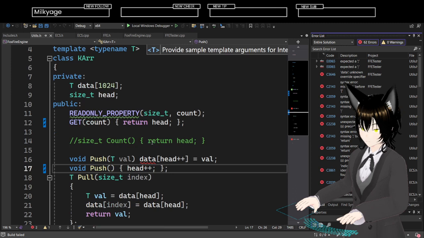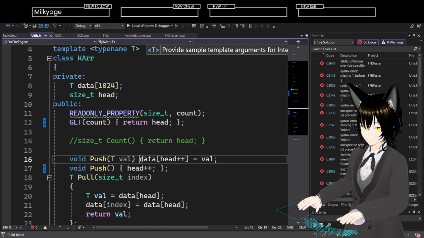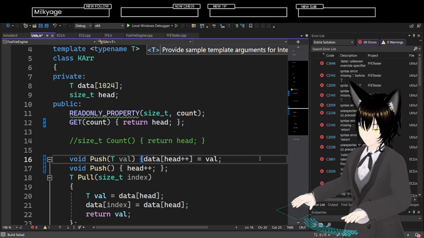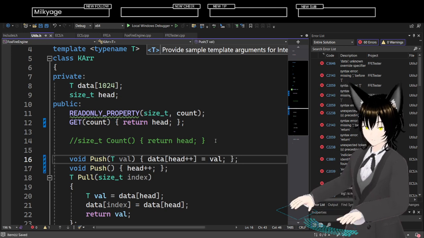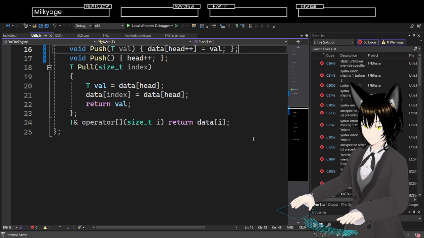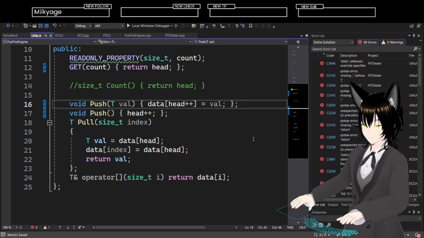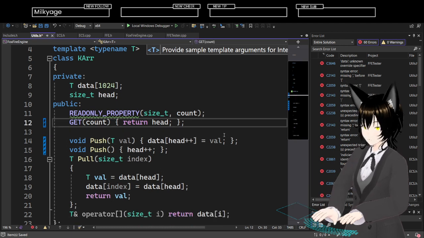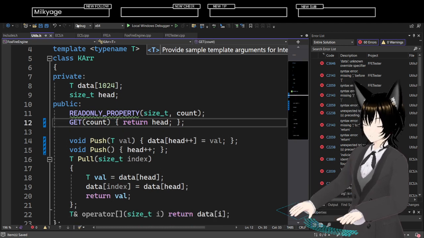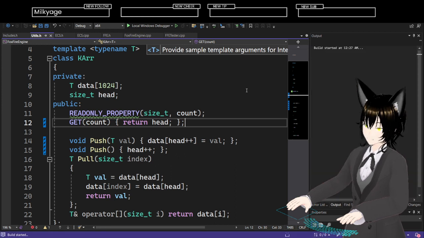Line 16. Okay. So that needs to be that and that. And that. Okay. So let's do that. And now let's build solution again. And let's see what happens.